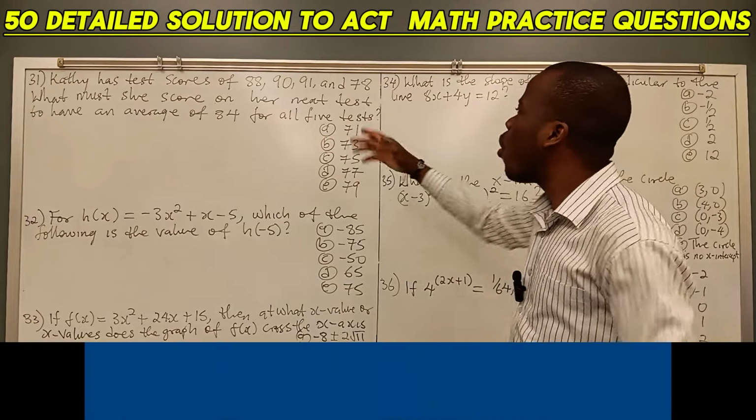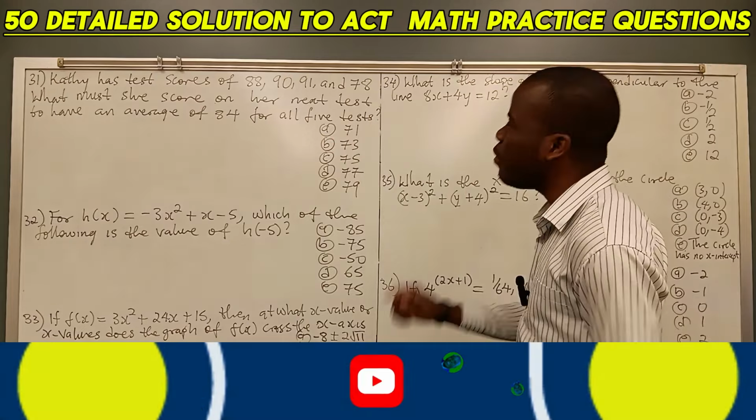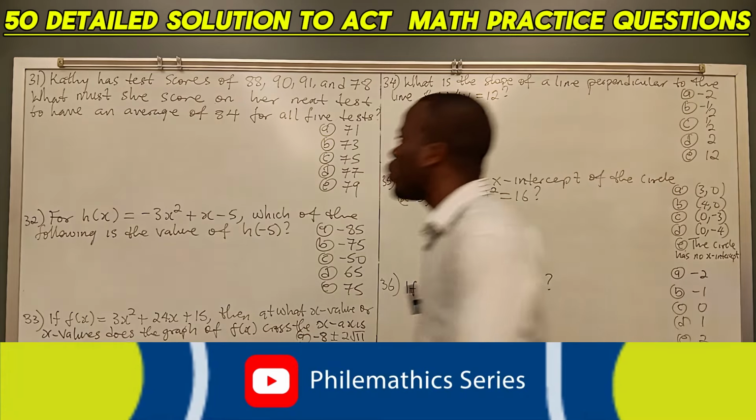Question 31 said, Kathy has test scores of 88, 90, 91, 78. What must she score on her next test to have an average of 84 for all 5 tests? So let's start by saying,